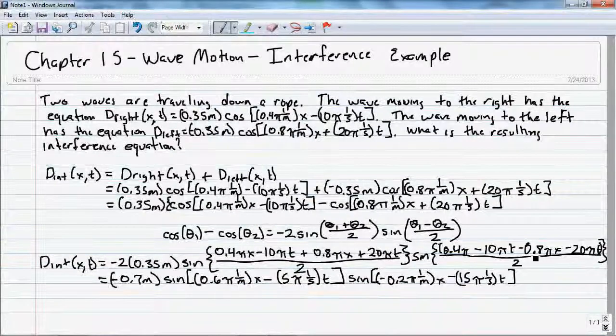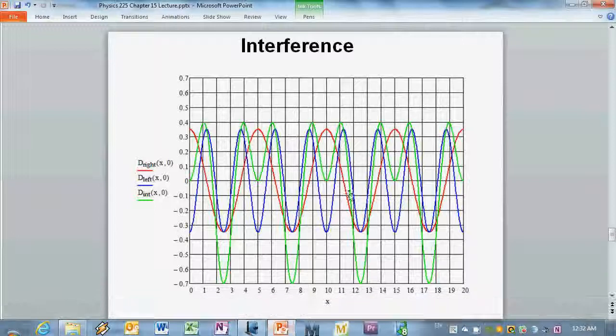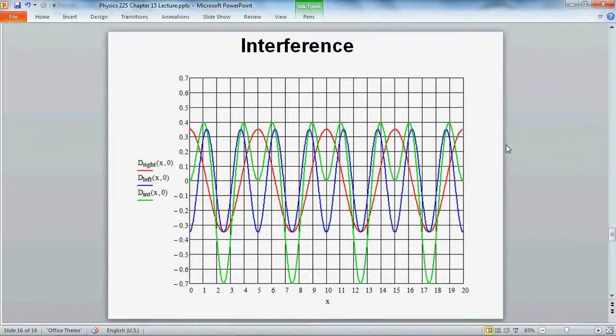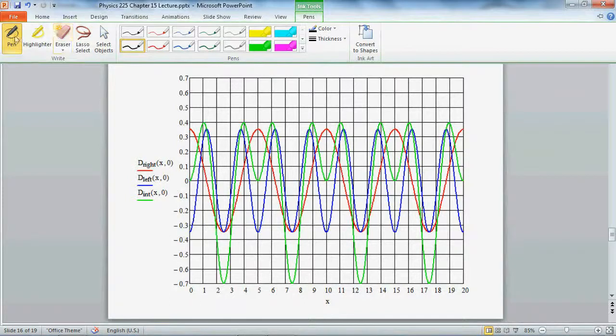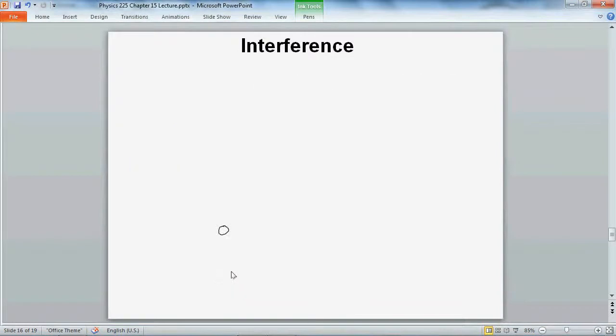Now let's look at the graph of all three of these equations. So the red is our wave going to the right, the blue is the one going to the left, and the interference is the green. Now notice that when the amplitudes are at the same peak,